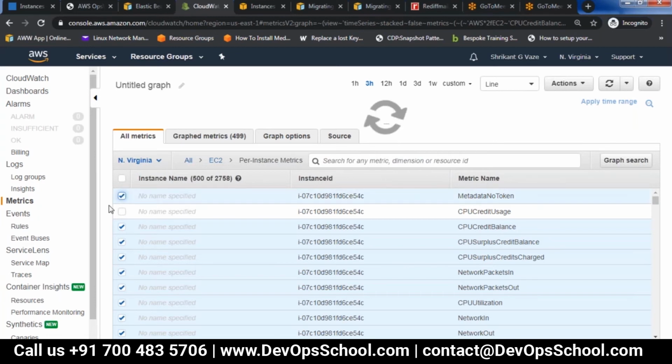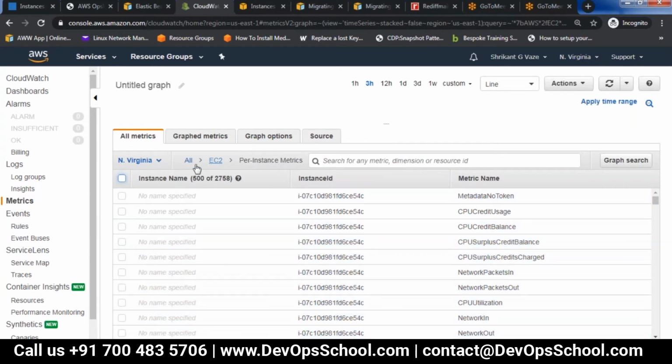Let me just populate this again. Selecting everything, so it's taking time. On the right side, if you see, there are the metrics: the CPU credit balance, CPU usage, then network packets, etc. If you select those, on the upper side, it will be plotted against time.